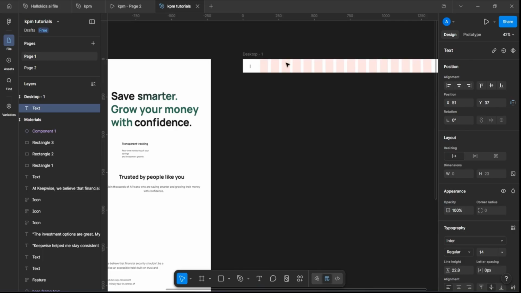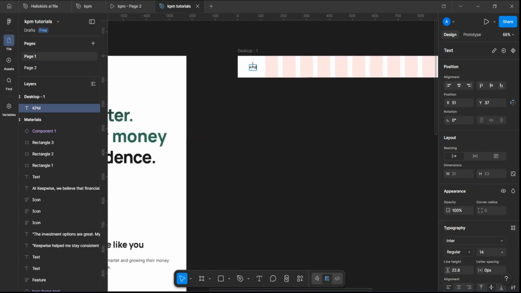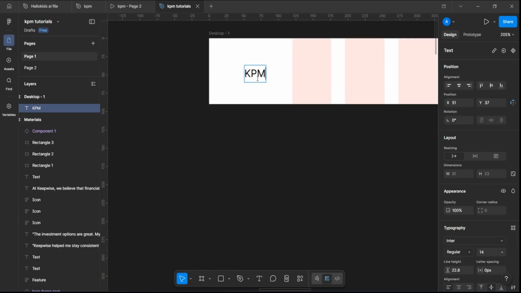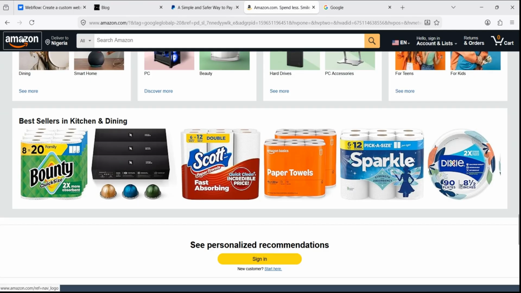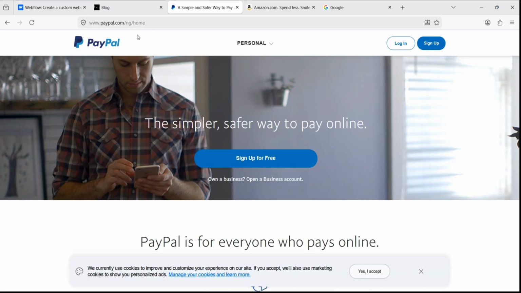So we want to write KPM, right? KPM, which is for your nav header, there is usually the logo and the name of the brand on the left hand side of the header. Let's see an example. Look at it, logo here. Come here to logo. So if your logo is just a name, you can use the name. So I'm going to go back here,